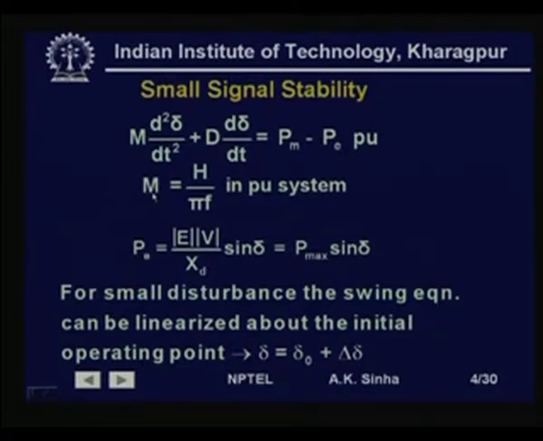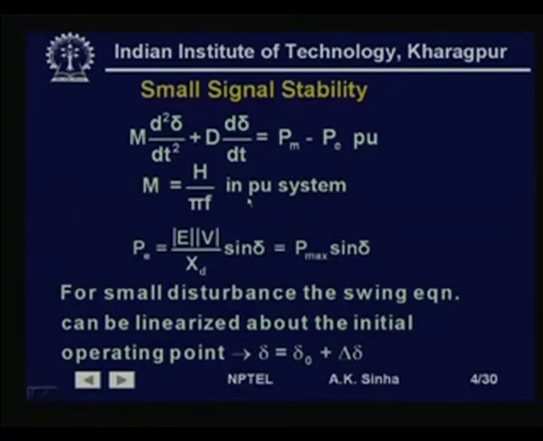M we write as H by pi f, where H is the inertia constant in per unit, and we have Pe is equal to E V by X d sine delta, which we call P max sine delta. Now, here we have seen this Pe being nonlinear. So, if we are talking about small signal stability, we will have to linearize this dynamic equation, which is a nonlinear equation,